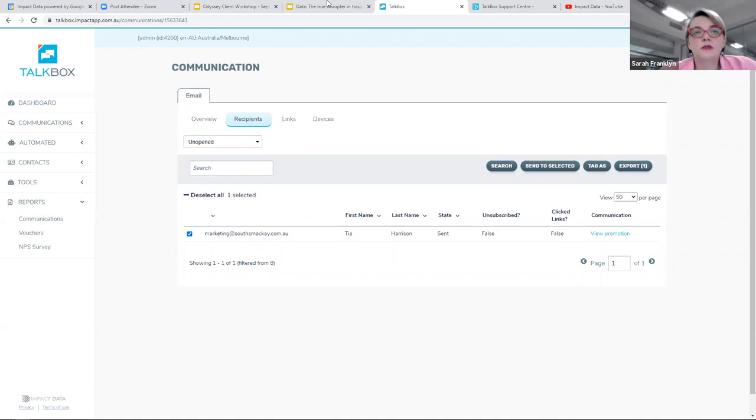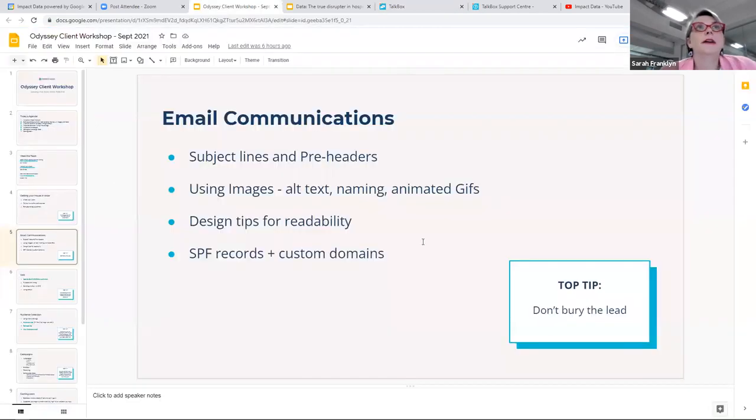Now, that's a little bit tricky. Are there any questions about that one? That's a bit new. There is a link to retargeting in the presentation, so you can step your way through it, and obviously you can always reach out to our support team. But the great news is you can send that email a second time really easily by just tagging the customers that didn't open it and using that as the audience that you select when you send the communication again. So hopefully that made sense, and you can have a crack at that for those really important communications that you want to send. So let's jump back and make sure that I've got everything.